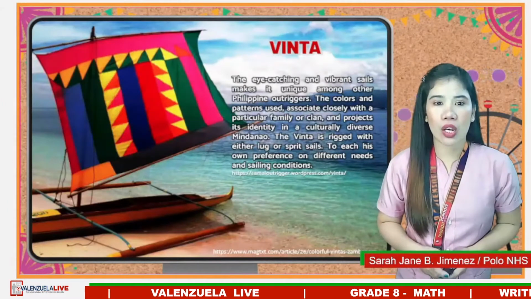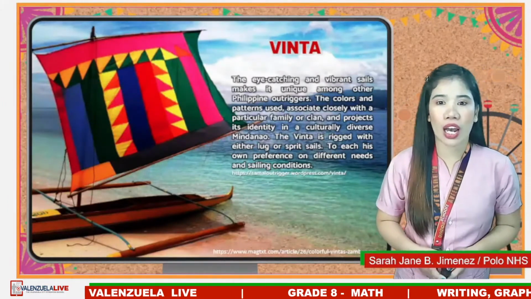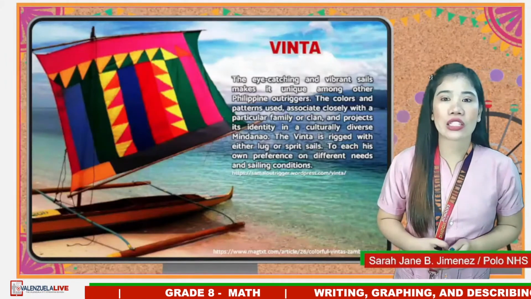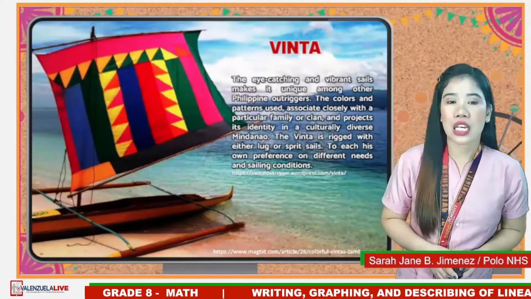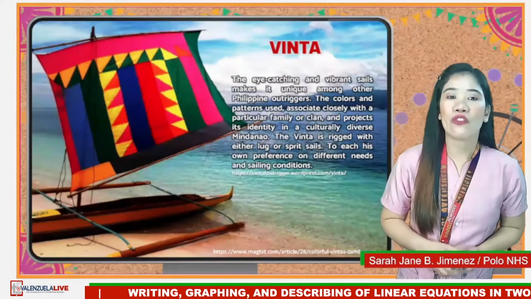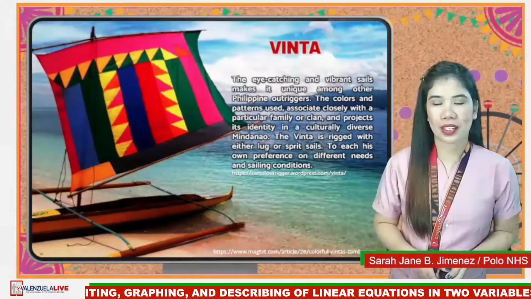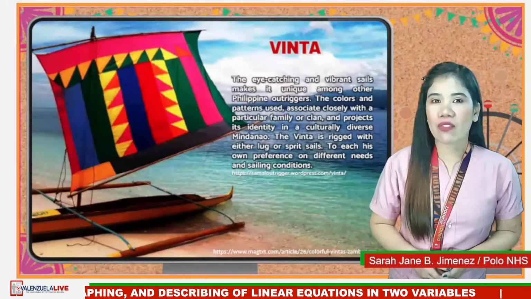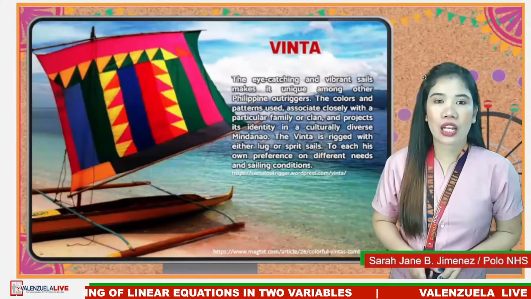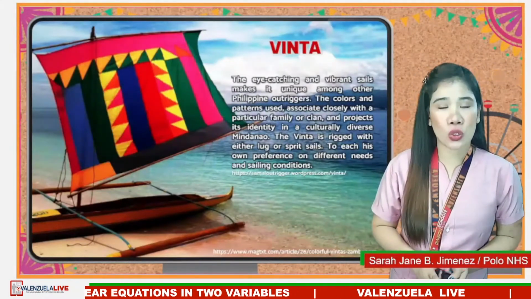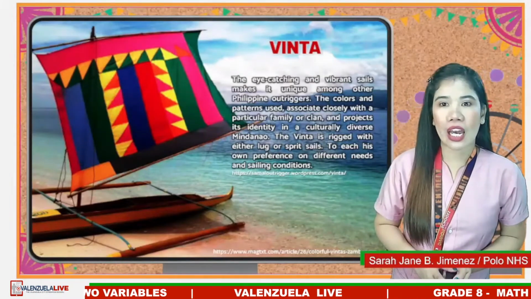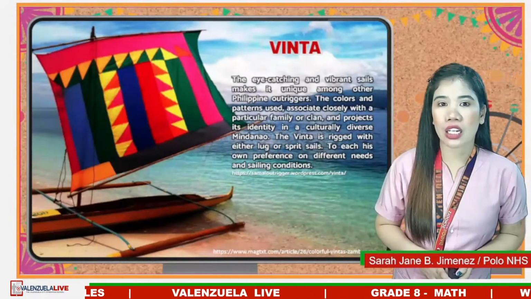The Bajau and Moros of Sulu and Zamboanga created these boats. They are also called lepa-lepa or sakayan, and were used since ancient times to transport people and goods to and from different islands. The eye-catching and vibrant sails make it unique among other Philippine outriggers. The colors and patterns used associate closely with a particular family or clan and project its identity in a culturally